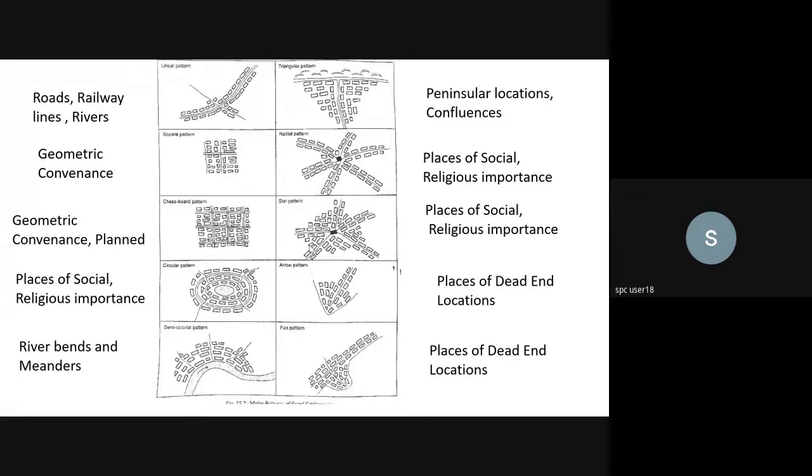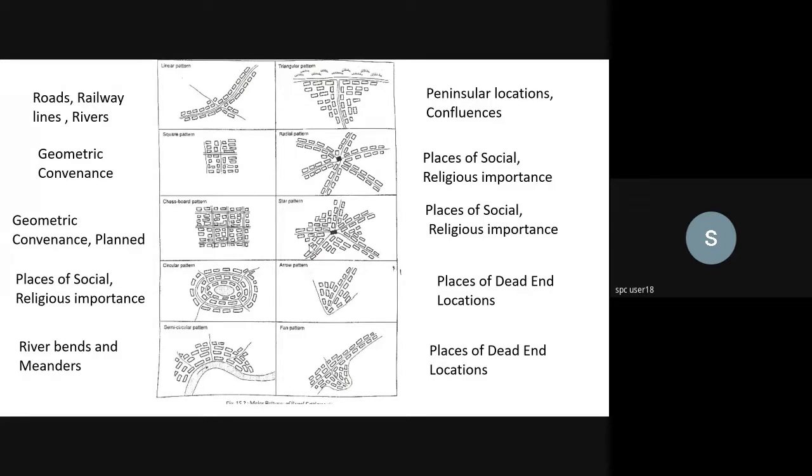You'll see that radial or star patterns will have a lot of crisscross locations. In the sense, you'll not have a radial location where you have a place of religious importance but only one highway going through that particular location. In that case, the highway will dominate the religious importance, and the settlement will settle along the highway also. So that would not give the exact pattern. The place should be very, very important. It could be the local deity, or it could be a very important temple, and so on and so forth.